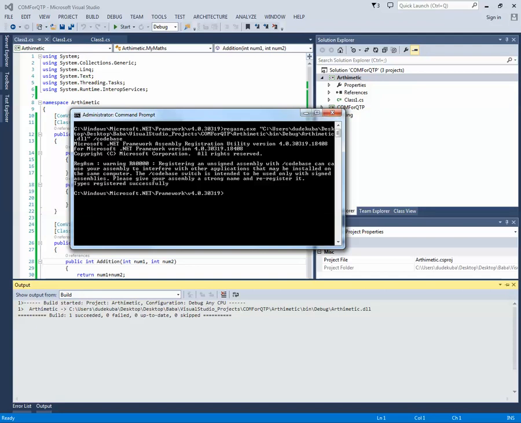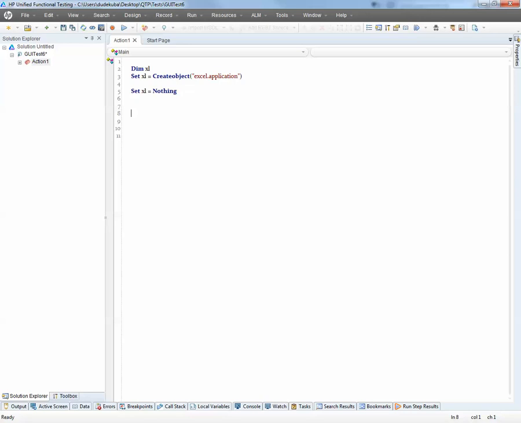Now I'm going to try to access this method. What is this Excel? Excel is a namespace under the C sharp code that I have created, and this is the class name. So I create a new object. The namespace name is arithmetic dot my math class. See here, it is not giving IntelliSense now